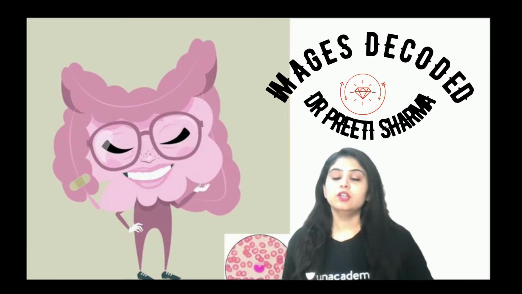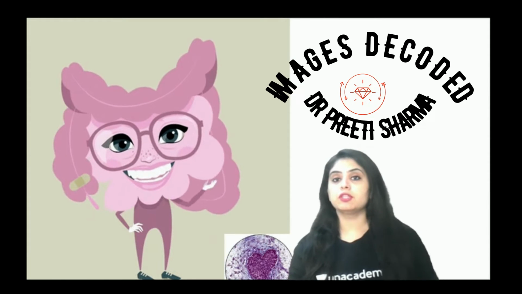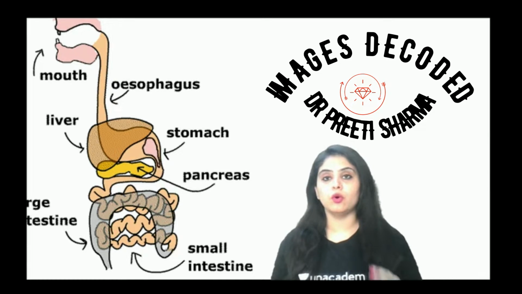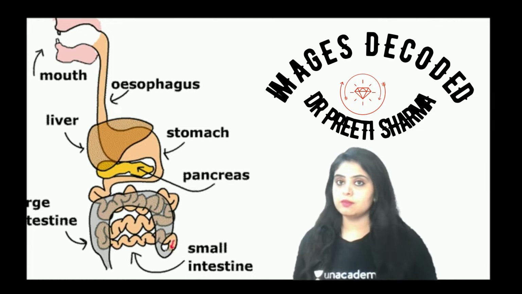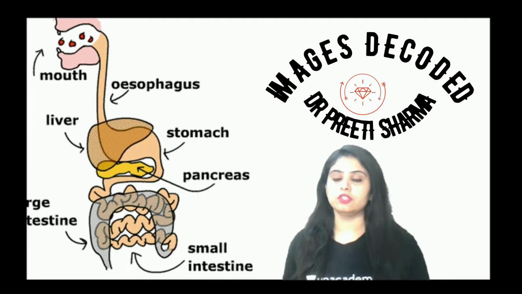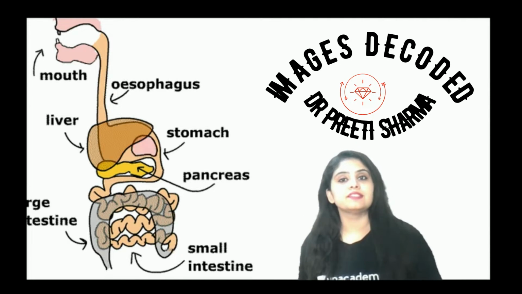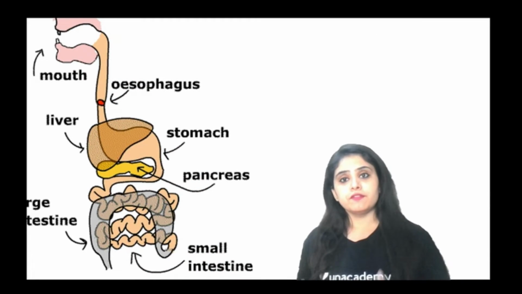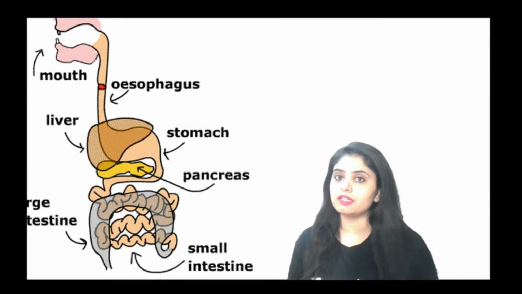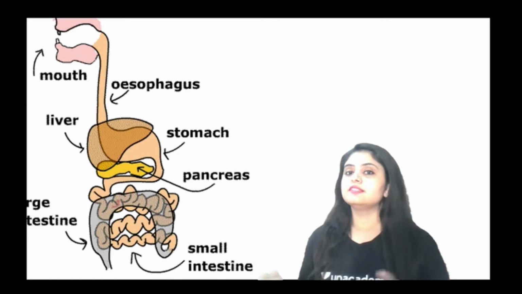GI pathology. Obviously all of you know that GI pathology will cover every organ, and that is how we are going to go organ-wise. We'll start with the images of esophagus, then we'll go on to the images of gastric pathology, and then we'll deal with intestinal pathology. And for every organ, as I said, in an orderly, systematic manner, we will divide it into non-tumorous, that is non-neoplastic, as well as tumorous, that is neoplastic